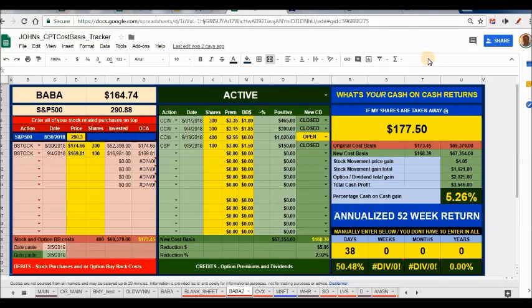Now, as you can see, with my last open covered call, right now as it stands, I have 400 shares. I wrote a 177.50 and I got paid $2.50 for that. If my shares are taken away in 30 days, this will be a 5.2% cash on cash trade. Now, look, that sounds like a lot, but man, I have done a lot of heavy lifting to get to this point. That will be a trade I will celebrate.